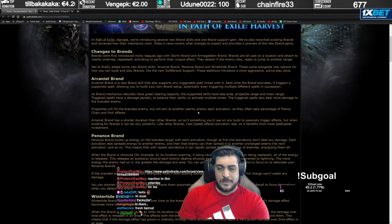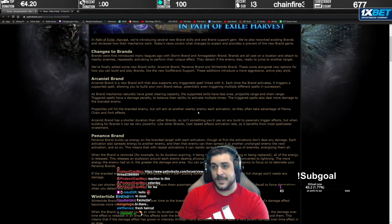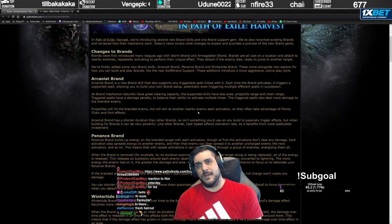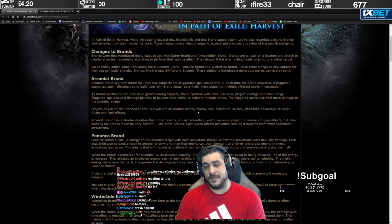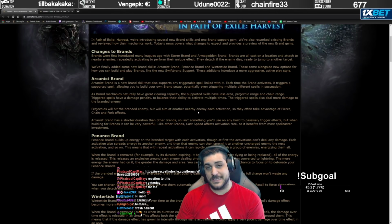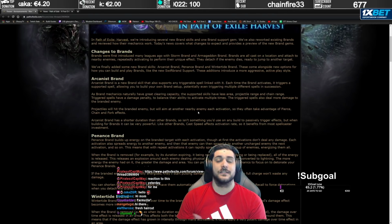And not sure if you're going to be able to cast Arcanist brand Desecrate with Spell Cascade, for example. But imagine if you create a brand that pours out Desecrate on the field, right? And that will attach to an enemy. If the enemies are 2 bosses or there's some adds around, they'll attach to one each. There's going to be corpses everywhere